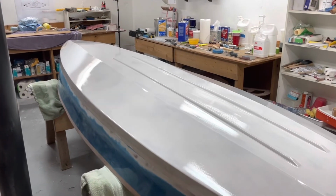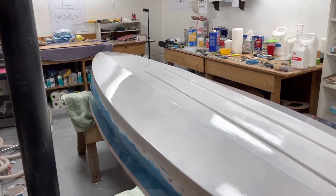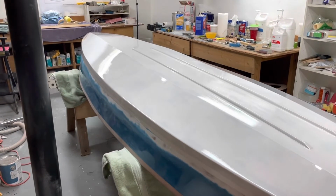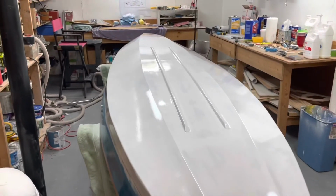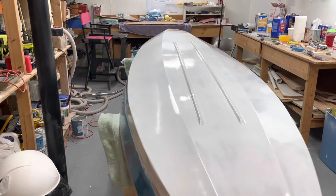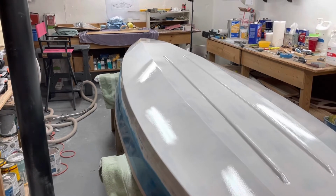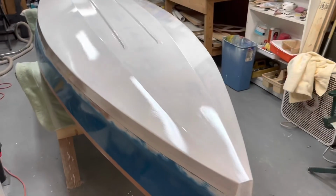Well, now I'm just about at the end of this phase of the construction, complete with fiberglass on the bottom. The reinforcing strips are on the bottom. They're covered with epoxy, 3 coats of high build primer, a tremendous amount of sanding, and this is the first finish coat of the full gloss 1-part polyurethane. I'm pleased with most of the surface. I'm going to be putting on another coat with some light sanding in between, and this will just be a temporary completion of the bottom, because eventually I'll be back painting the bottom again,